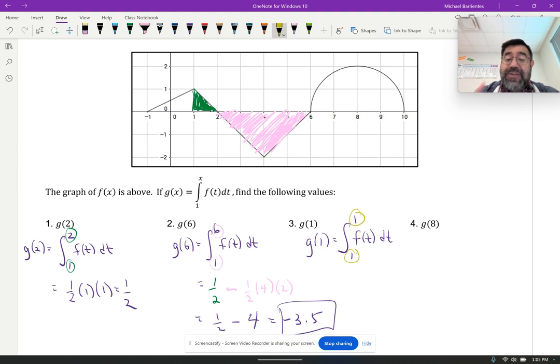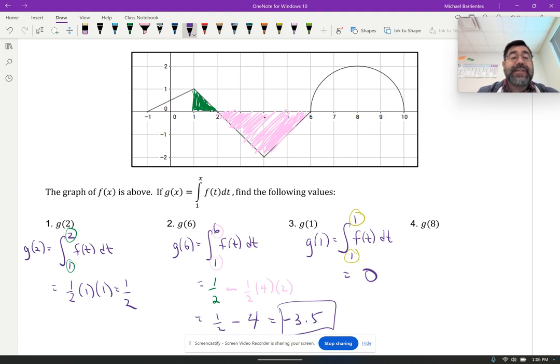No. So therefore, the answer to this is 0. So whenever my limits of integration are the same, that means my starting point and ending point are the same. I'm not accumulating any area because I'm not moving. I'm starting and ending at the same spot. My area, my integral value is always going to be 0. And then finally,